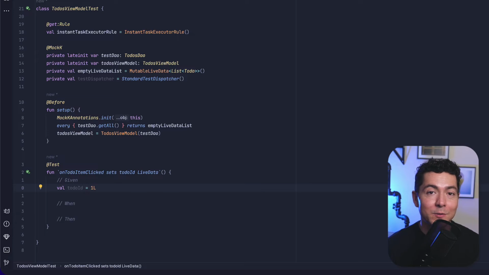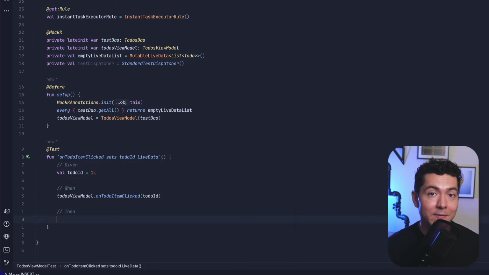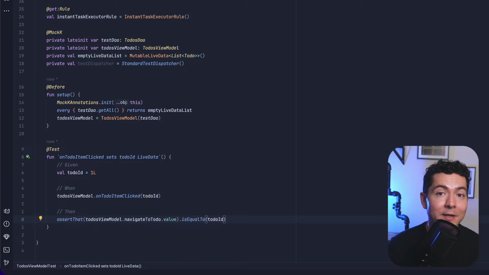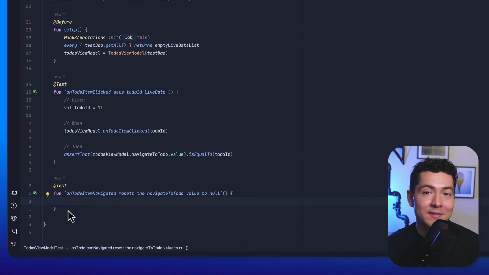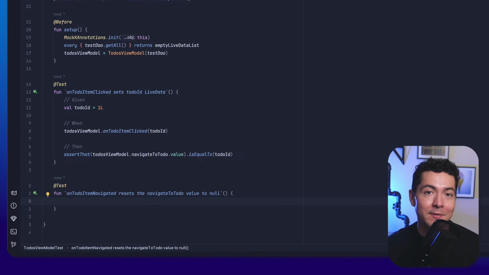Given we have a to-do ID of 1, when we call the onToDoItem method with that ID value, then we assert that the value of the navigate to to-do is equal to the ID we provided. There you have it, our first unit test. Well done. Using the same structure, we can now add another test for the onToDoItem navigated method to make sure